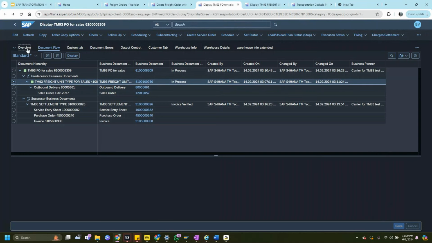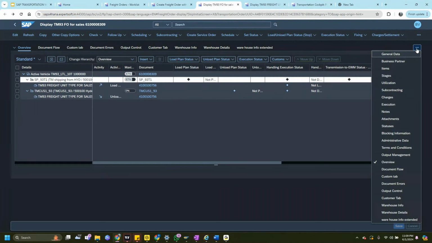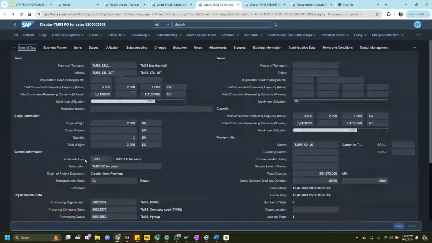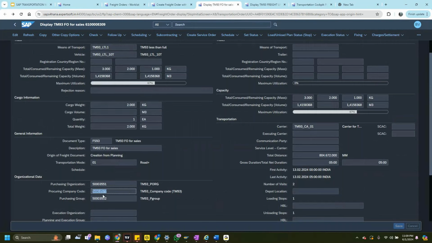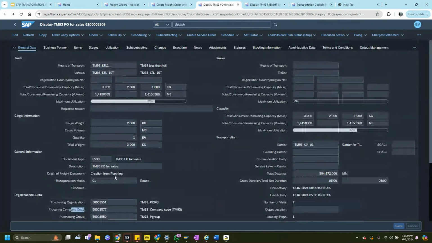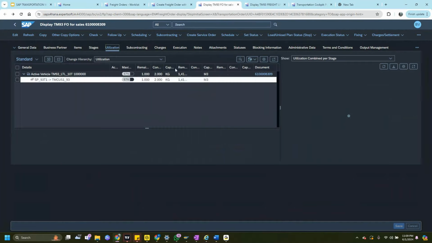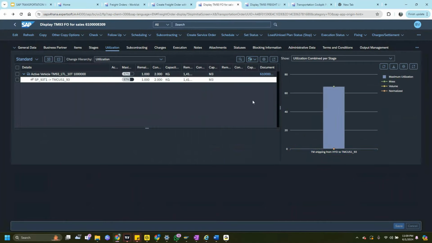When you go to the general data, you can see which location it is going from, to which location it is going, and what are the organizations that are responsible, like the purchase organization. We have master data, which will be discussed in future in the master data session. What is the vehicle that is picking it up, and inside the vehicle, how much is the utilization? You'll get a figure over here. See, this is the utilization of this particular vehicle. You can see all kinds of stuff within the same freight order.